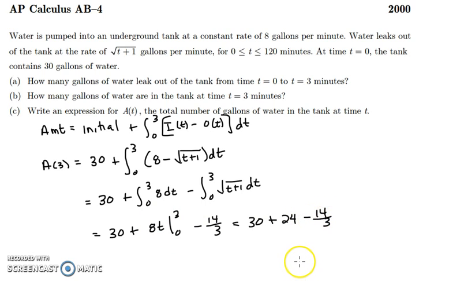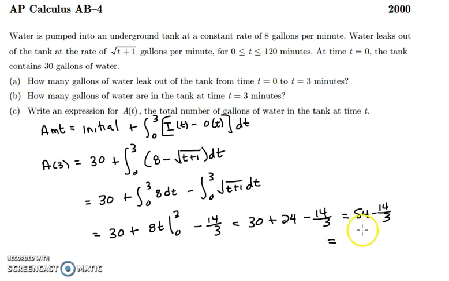And we could stop there. If you didn't get 14/3 from before, and you still had that long drawn out 2/3 times 4 to the 3/2 minus 1 to the 3/2, you can substitute that in here for this 14/3 and you're still going to be correct. If you keep going though, we're going to get 54 minus 14/3, which is going to be equal to